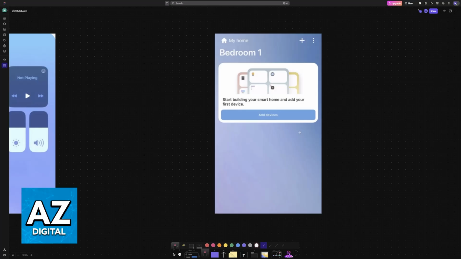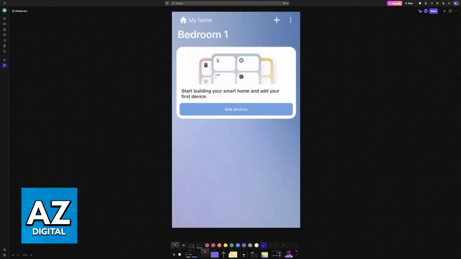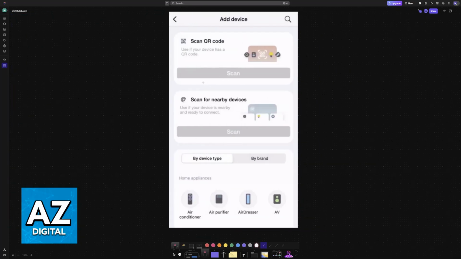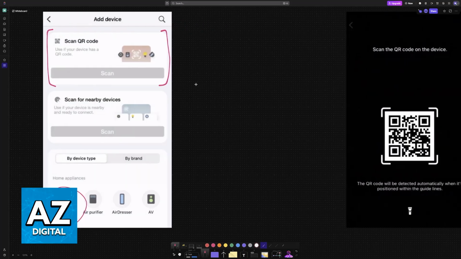Now, open the app related to your manufacturer. In this example, we have SmartThings for a Samsung air conditioner. Usually you just have to tap the plus sign or the option to add devices. Either of these buttons will do. When you tap the option to add a new device, you will see the main ways. For SmartThings, they allow us to add devices using a QR code or by choosing the device type. So you can choose whichever one you prefer.